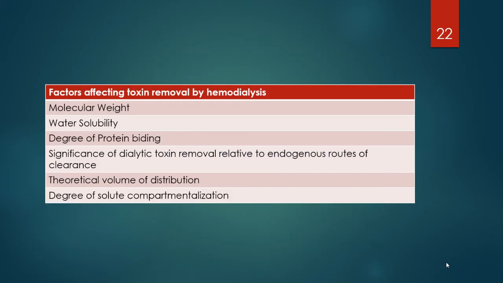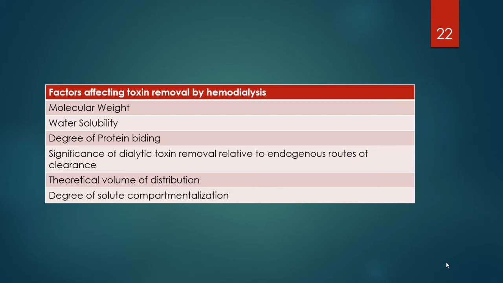Again, I'm stressing the factors that are affecting the toxin removal, especially by hemodialysis. And why am I saying hemodialysis? Because that's the most common form used, and it's also the most commonly available. I mean, that's what most hospitals have available. So molecular weight, water solubility, degree of protein binding, and significance of dialytic toxin removal relative to the endogenous route